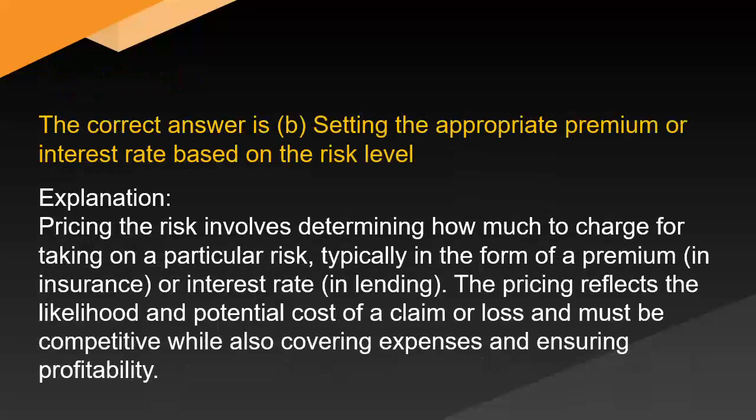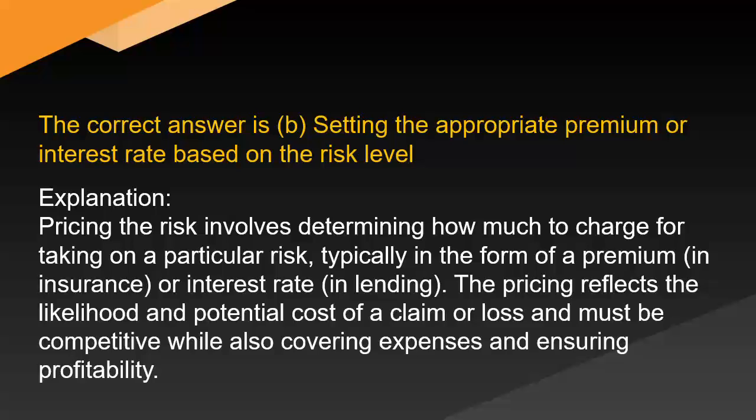The correct answer is B. Setting the appropriate premium or interest rate based on the risk level explanation. Pricing the risk involves determining how much to charge for taking on a particular risk, typically in the form of a premium in insurance or interest rate in lending. The pricing reflects the likelihood and potential cost of a claim or loss and must be competitive while also covering